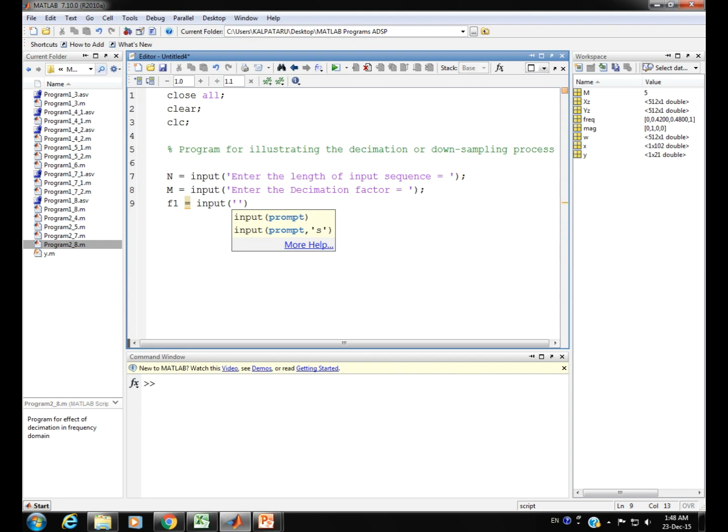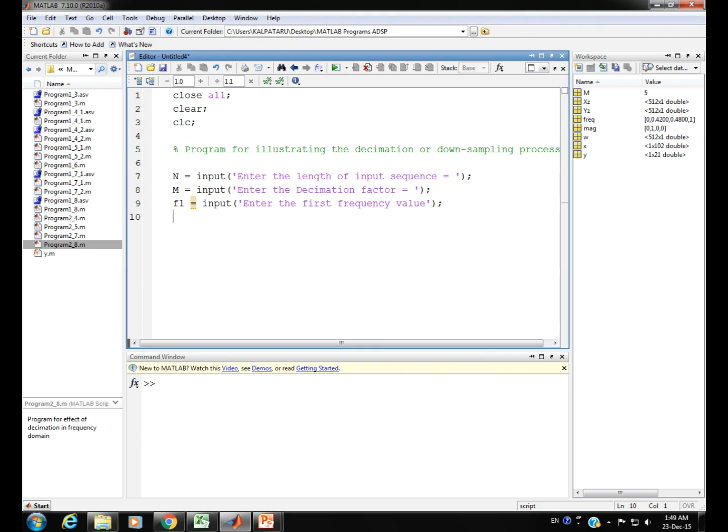So here I write input, here I mention the message to enter the first frequency value, ending with the help of a semicolon.